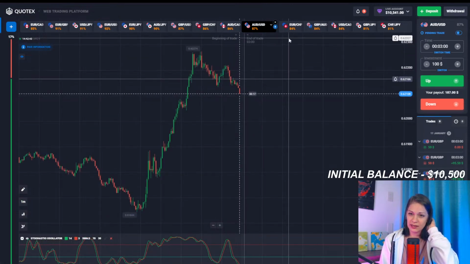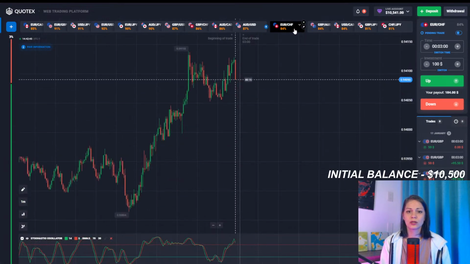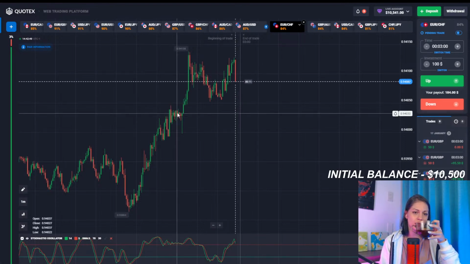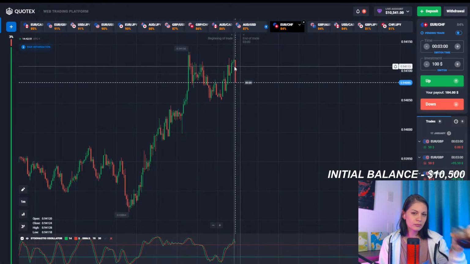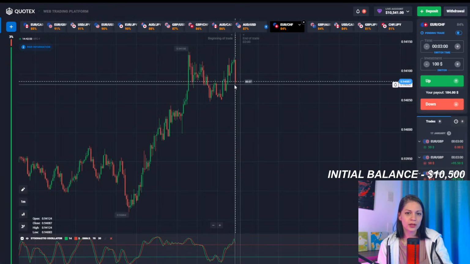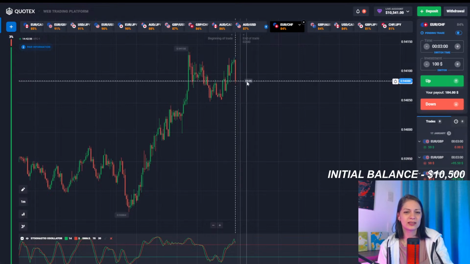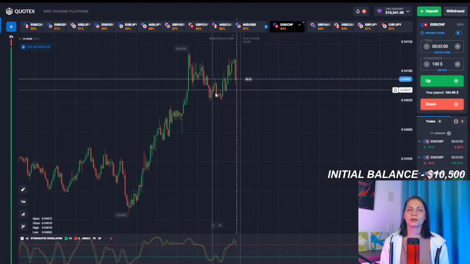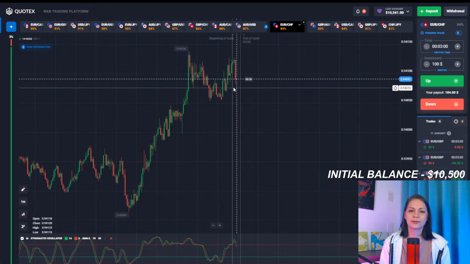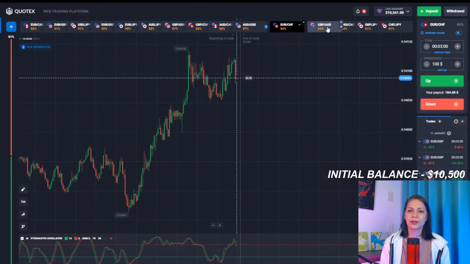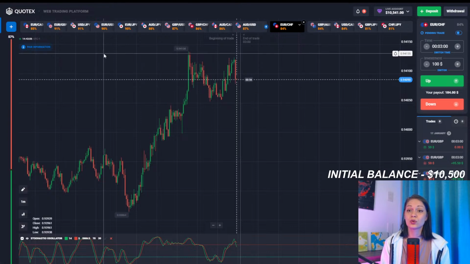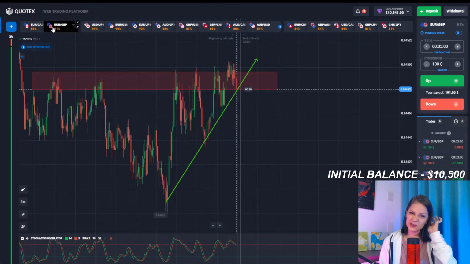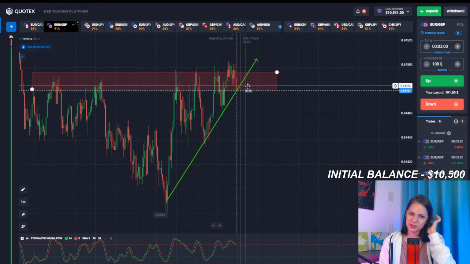AUD USD, we have a similar situation, which is Euro CHF. We have an uptrend. And it's too late at the end of this candlestick, but we could have thought about a deal for a downward trend, but it's too scary right now. And the payouts, they are so small. I want a big payout.